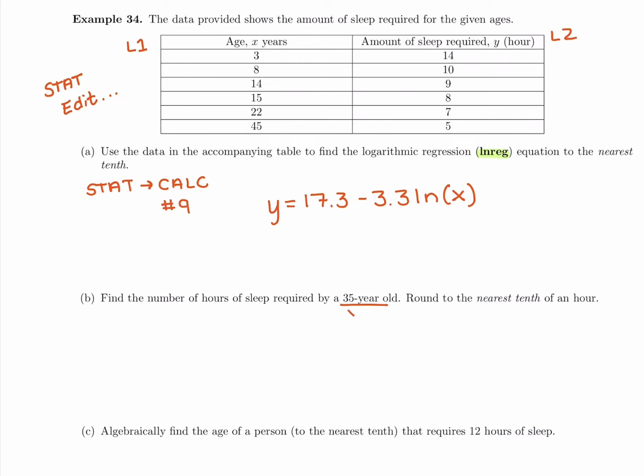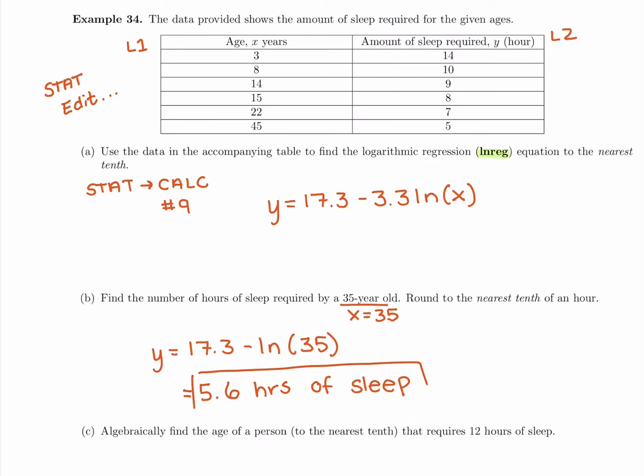So we're going to plug 35 in for X and see what Y, the number of hours of sleep required, is. So I'm going to grab my calculator. I'm going to do Y equals 17.3 minus, I'm going to use the ln button on my calculator, which is toward the bottom left, and I'm going to plug in ln of 35 and round it to 1 decimal place. So the Y value we get there is 5.6, and we need to put units on this. This is 5.6 hours of sleep,